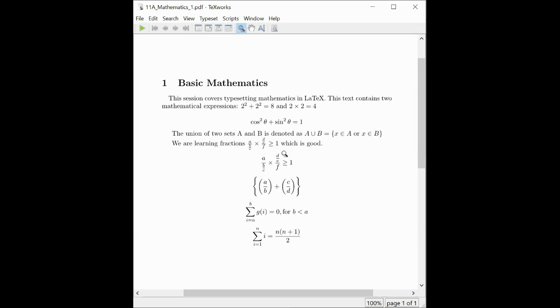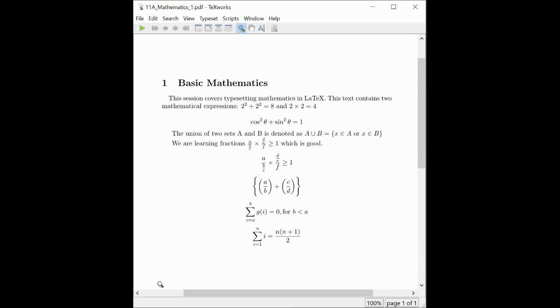These kinds of expressions, you will not be able to type in Word that easily. In that way, LaTeX is very advantageous. So this is the first part for the mathematics.